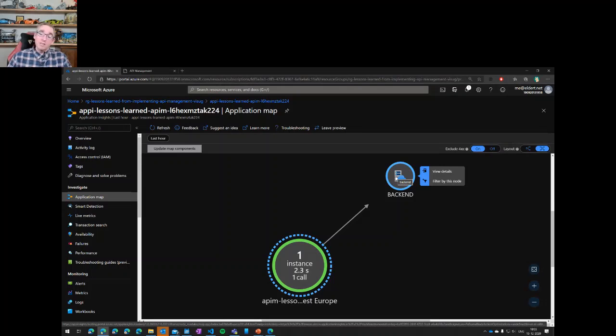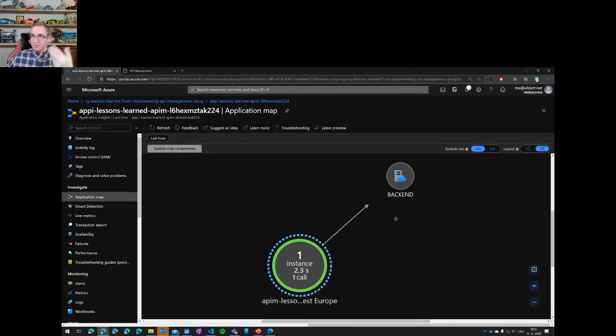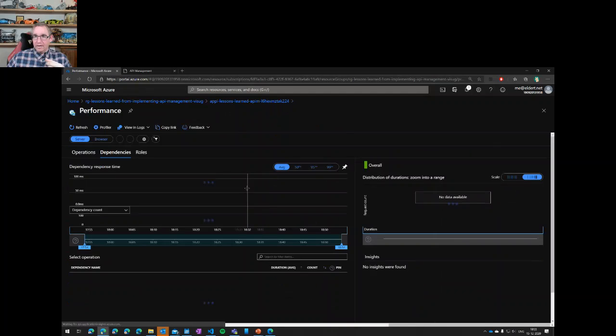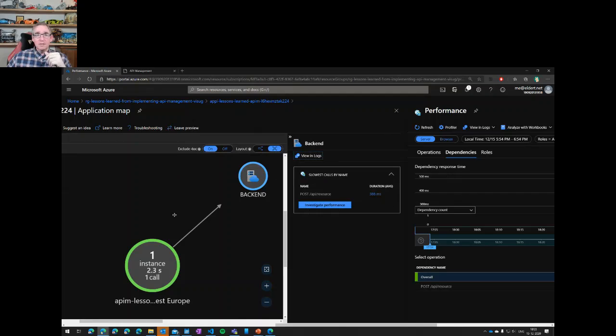This is especially nice if you have some calls that are not going well. I can immediately see which calls are succeeding, which calls are failing, which backends might be having issues. So I might have 100 backends and one of them might be failing. I can go in here and immediately see a red circle saying, hey, there are a lot of calls failing in here, you might want to look into this. I can then look into the requests and say, please give me the investigation. From there I can see what calls are being made, what the bodies are that are coming through, what the headers are, things like that.